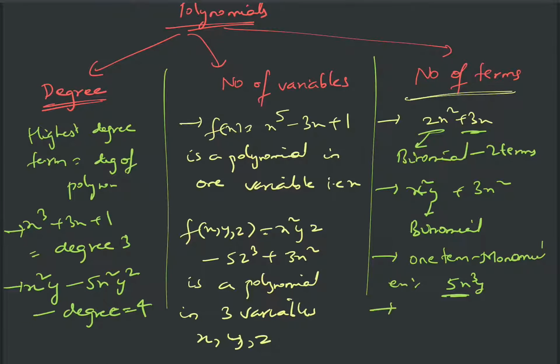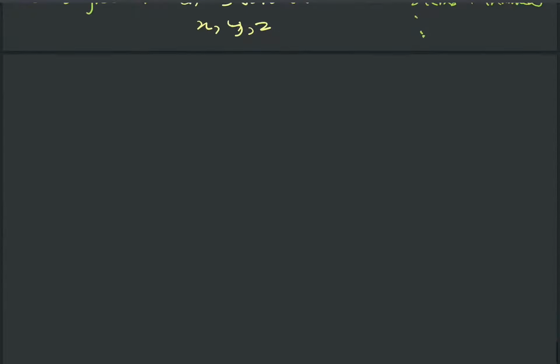If I have three terms, it is called a trinomial, right? Three terms is called a trinomial. And so on. You can have a polynomial with 7 terms, 8 terms, but there are no special names for that. So this is not so important. The utmost important thing to us will be the degree. We will be interested in knowing the degree of a polynomial, and to some extent we will also be interested in the variables involved in a polynomial, right? But the number of terms involved, that we will least bother about. Fine. So I think this is clear.